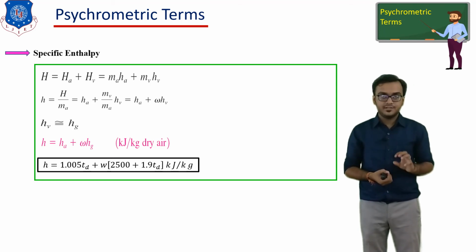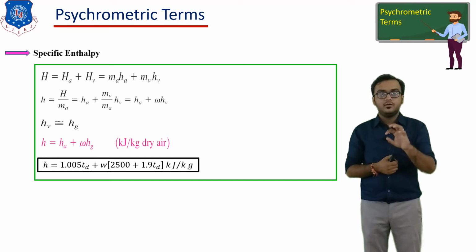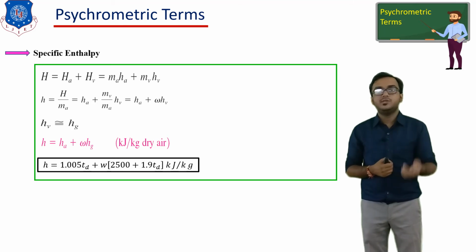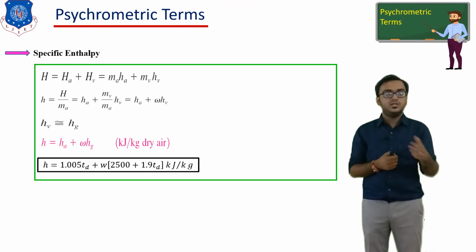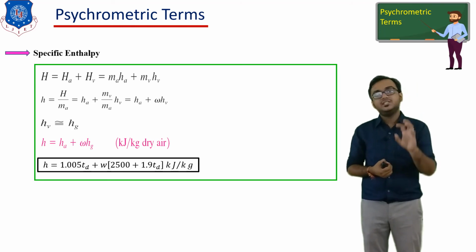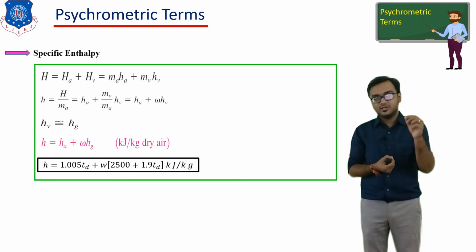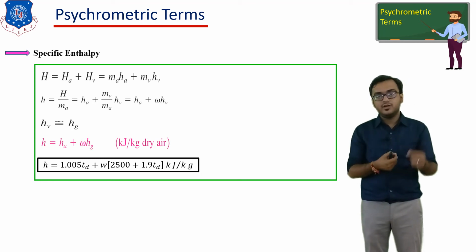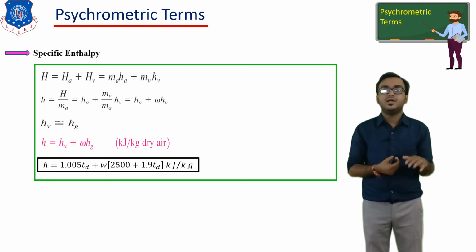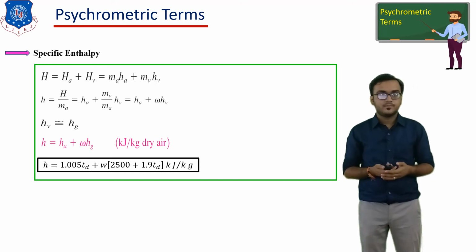How do we derive this equation? Okay, so we know that Cp is equal to dH by dT. So dH equal to, we can write, Cp multiplied by dT. So here the value of Cp is equal to 1.005 multiplied by TD is equal to HA. Similar way for the Hg. But Hg stands for the enthalpy of the moisture, so we have to consider a certain reference temperature, okay, and that temperature is the 0 degree dew point temperature. And considering this, here I have developed this equation that you need to remember for the example.